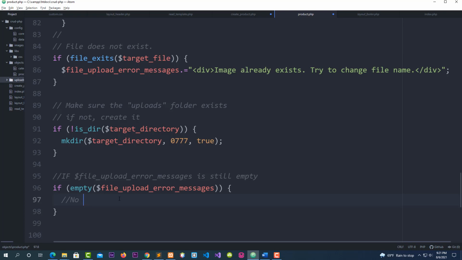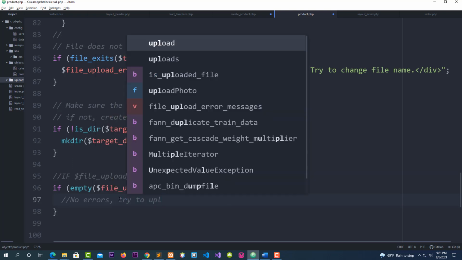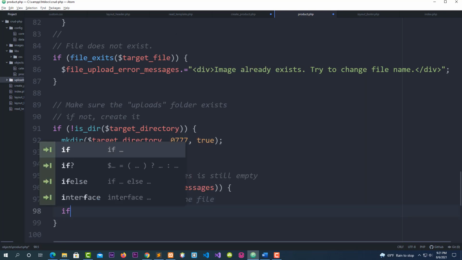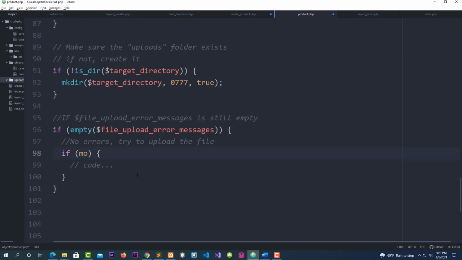No error, put it like this, no errors, comma. Okay, try to upload the file. Now I'm going to say to upload the file, this is how you do it. I'm going to say if